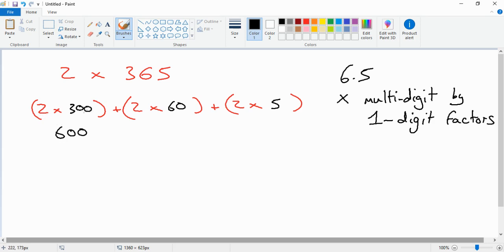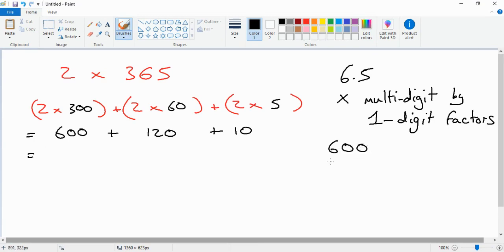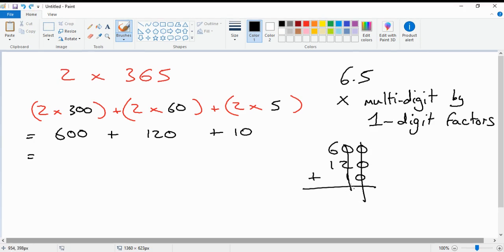Hopefully, I'm assuming you know your multiplication by multiples of tens, hundreds, and thousands. If not, go back and check the video. Plus 2 times 60. Well, 2 times 6 is 12, so 2 times 60 is 120. 2 times 5 is 10, and then we're just going to add these. Now, be careful after all that hard work. You may go to the side of your rough work, do some column addition, and add them. Make sure all the ones, the tens, and the hundreds are lined up